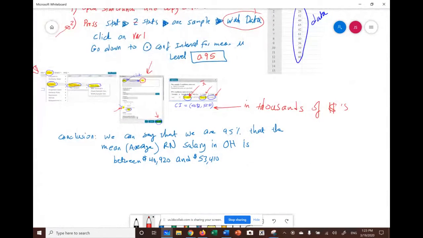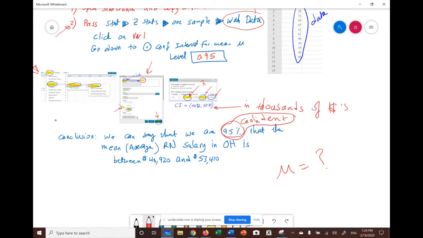We really do not know, and nobody knows what is the mean salary of all nurses in the state of Ohio. Nobody knows, okay? Because to do that, you have to go and ask every single nurse, and that's an impossible task. So what we can do is a survey, and that's what we did. Based on this survey, and we use a confidence level of 95%, we can say that we are 95%, I forgot to put in here the word confident. So we are 95% confident that the mean,